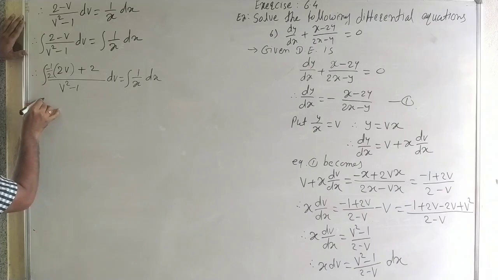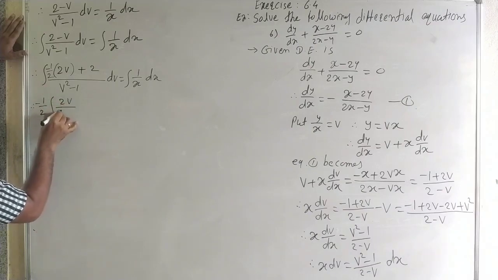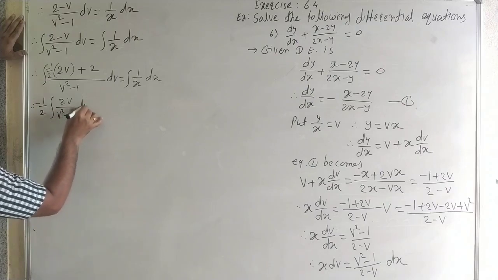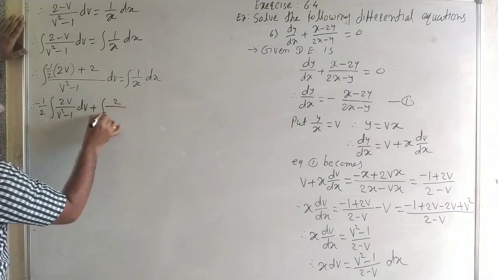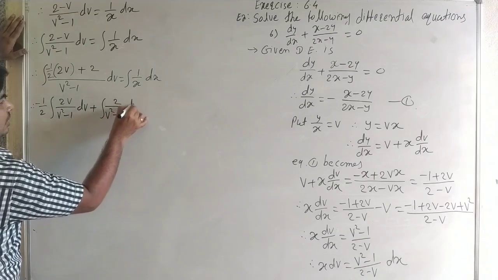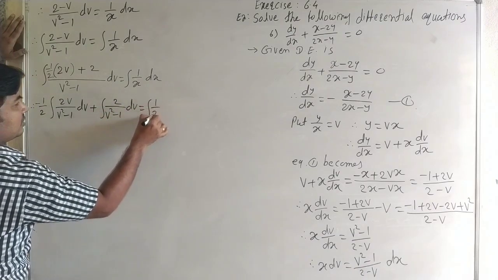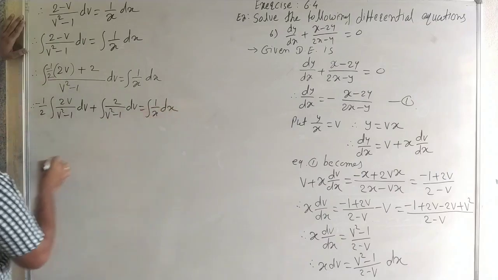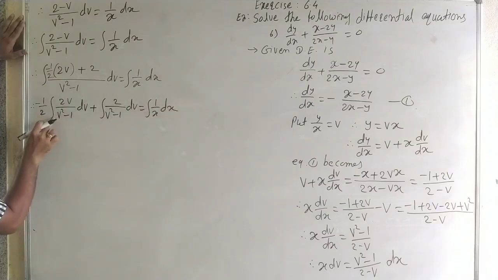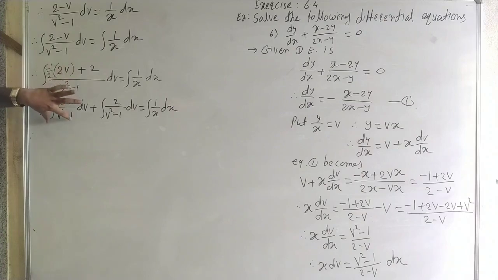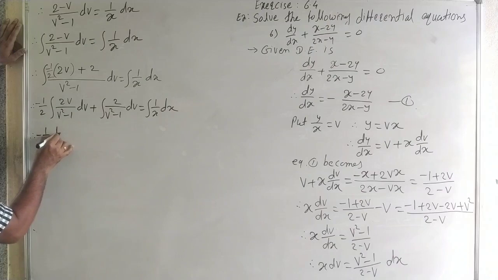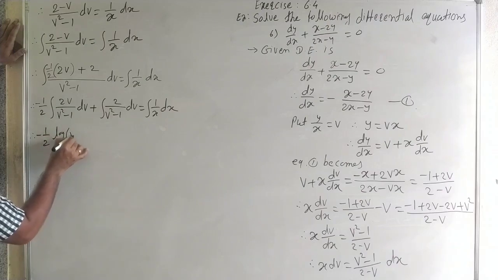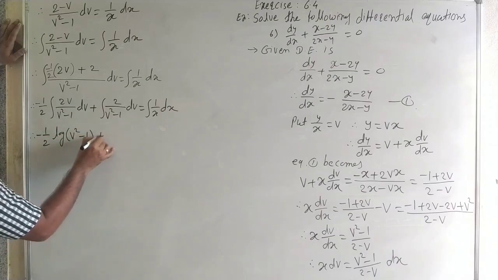Then separate the integrals: it is minus 1 by 2 times 2v upon phi square minus 1 dv plus 2 upon phi square minus 1 dv is equal to the integral of 1 by x dx. Now here it is f dash of x upon f of x, so f dash of phi upon f of phi gives log of phi. Therefore it is minus 1 by 2 log of phi square minus 1 plus 2 as it is,